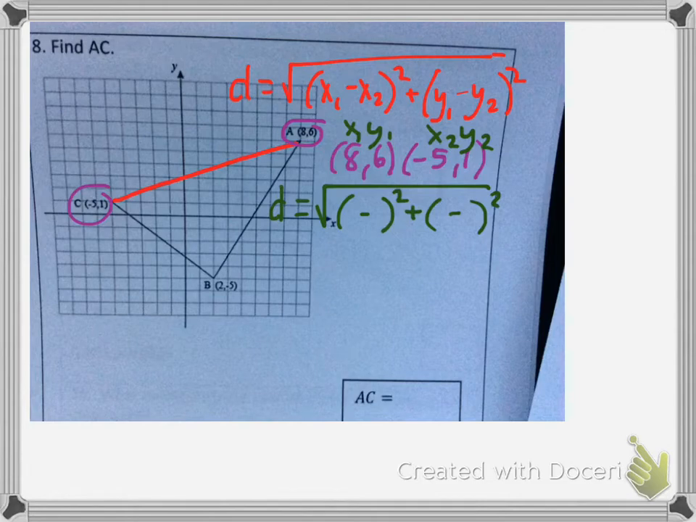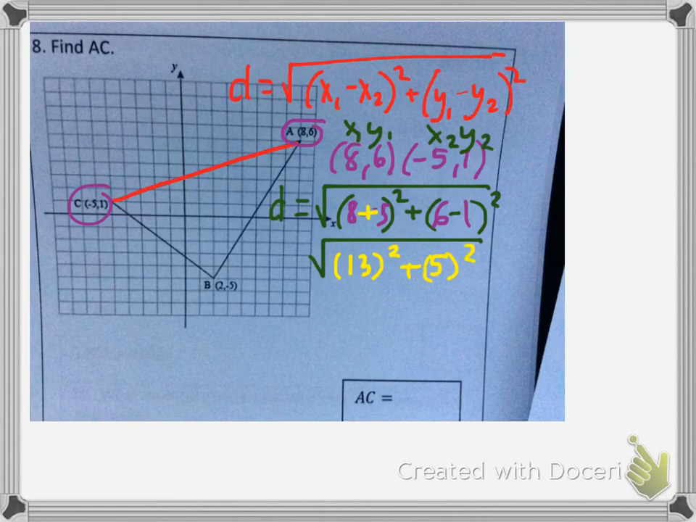In the first parenthesis, x1 is 8, x2 is -5. In the second parenthesis, we have y1, which is 6, and y2, which is 1. So this is equal to the square root of, in our first parenthesis, 8 minus a -5. When you have 2 negatives, you add the opposite, and it makes it one big plus sign. So it's really 13 being squared, plus, in the next parenthesis, we just have 6 minus 1, which is 5,